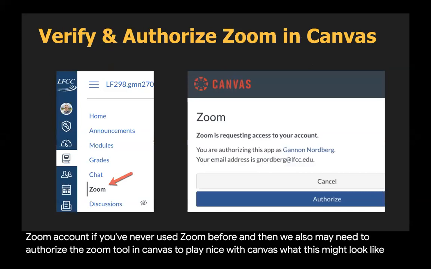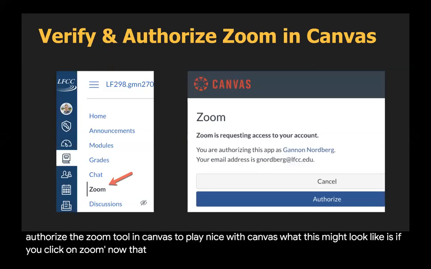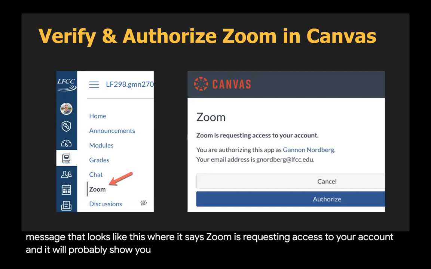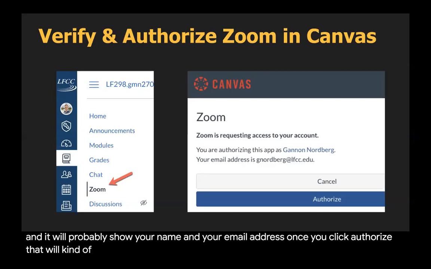What this might look like is, if you click on Zoom, now that it's been enabled in your course navigation, you may see a message that looks like this where it says Zoom is requesting access to your account, and it'll probably show your name and your email address. Once you click authorize, that will establish the connection between your Zoom account and let it play nice